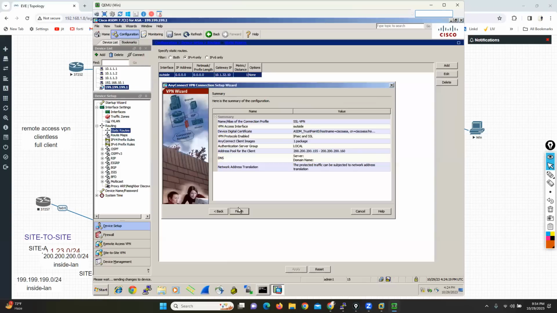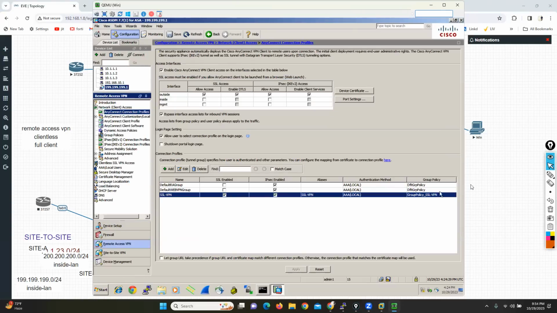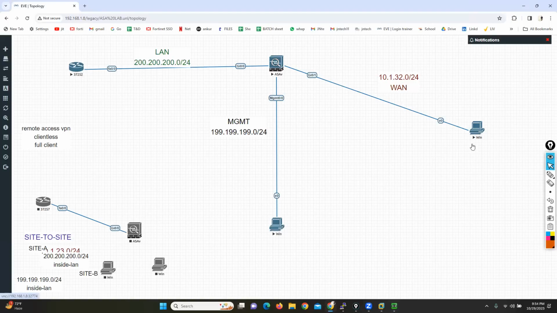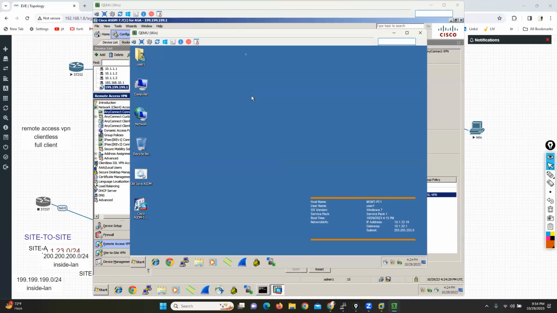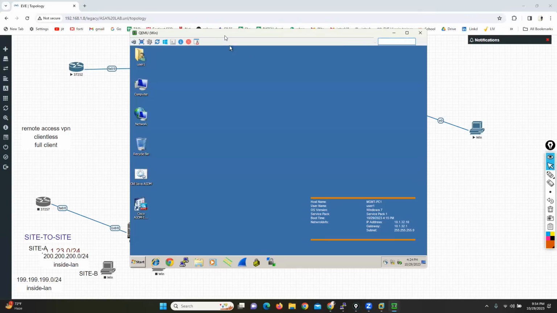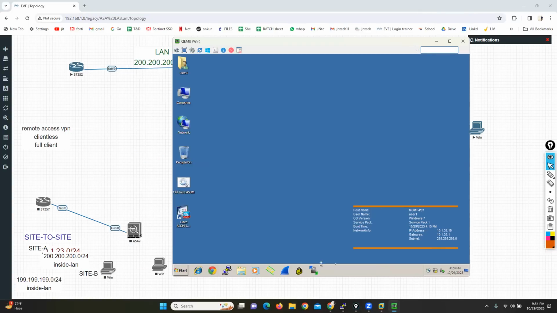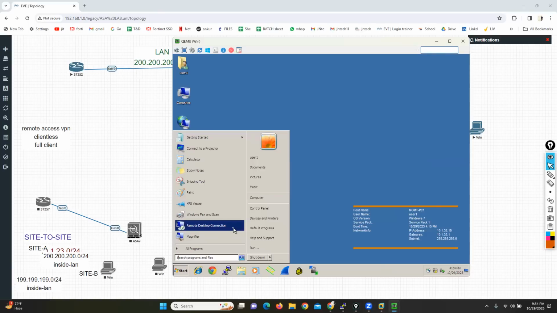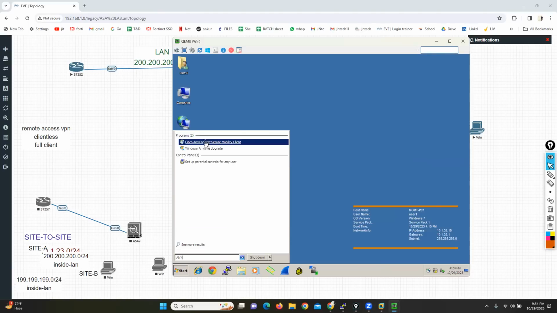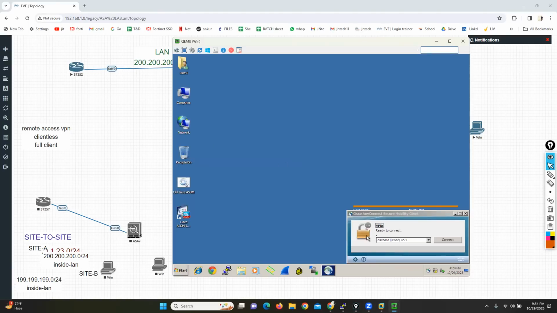Now what we can do is go to the outside machine. Let's go to the outside machine here. In this testing scenario, we have the Cisco AnyConnect application here. You can verify. If you want to download it from the portal,